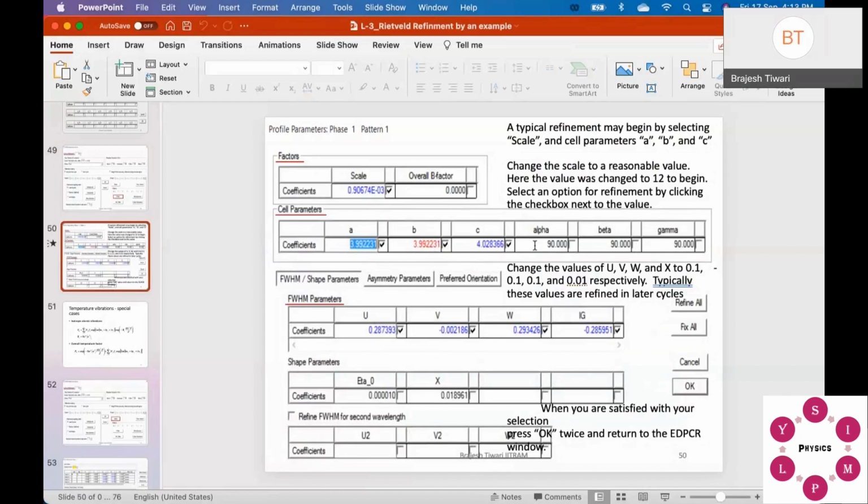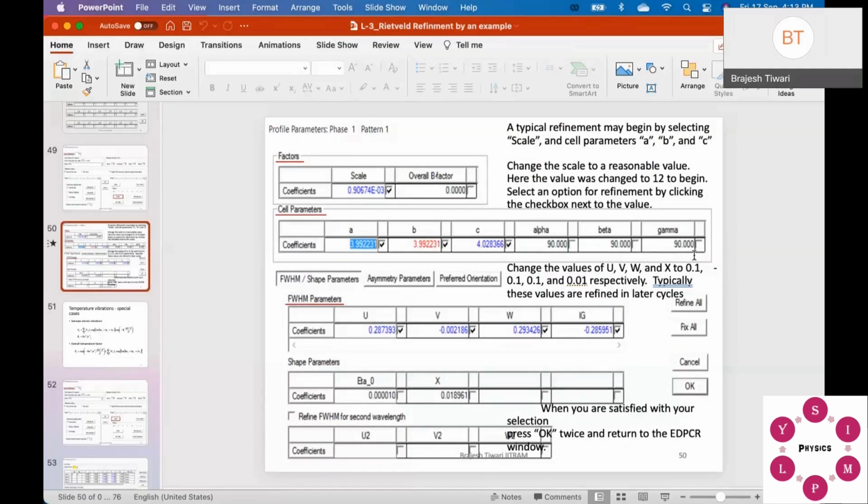So suppose you are having a monoclinic structure, so maybe some of these will be different. A or B, two will be 90, one will be away from 90, correct? Or the other way around. So whichever you want to change, you just tick on that, the way it's ticked here. That will also get refined.